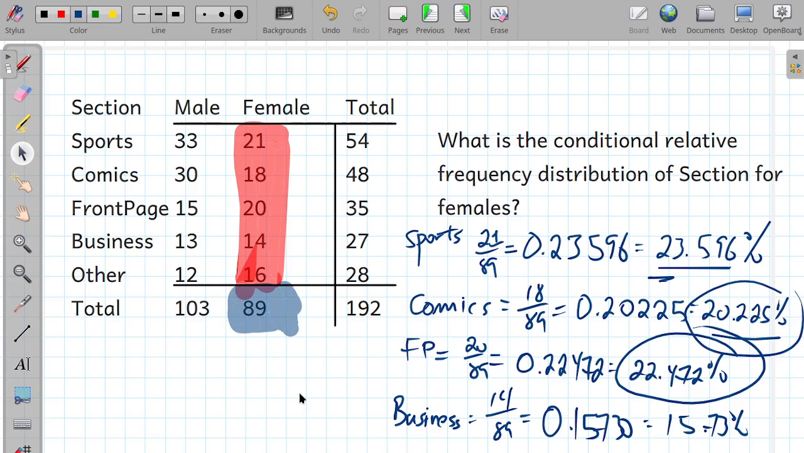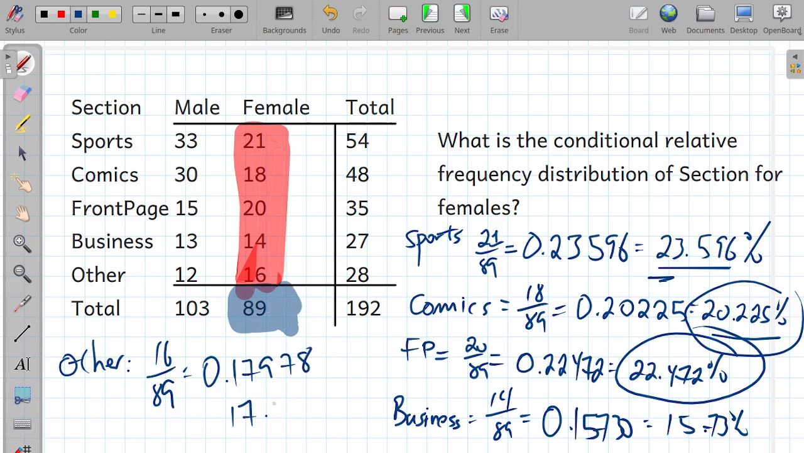Let's take a look at other. Let's get the right tool selected. So other is 16 out of 89. And that is 0.17978. I almost wrote the wrong number. 17.978%. Okay, so again, if we wanted to check this, just quick and dirty check, instead of using a calculator,